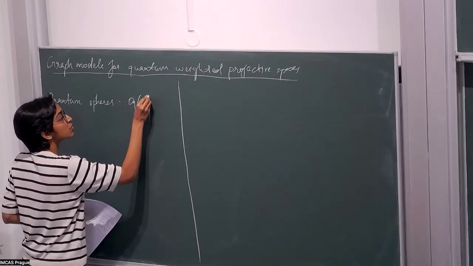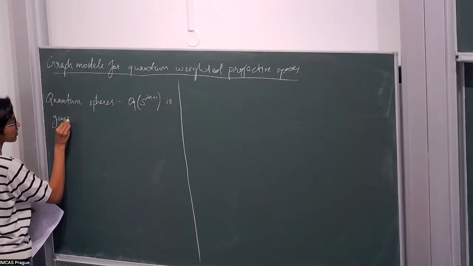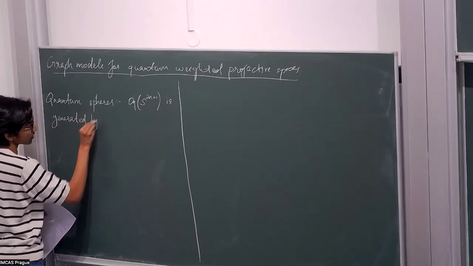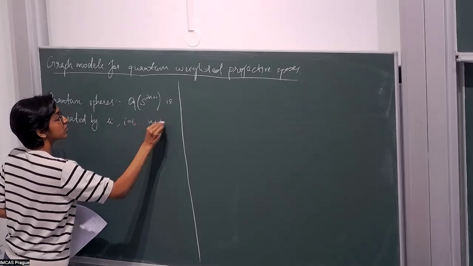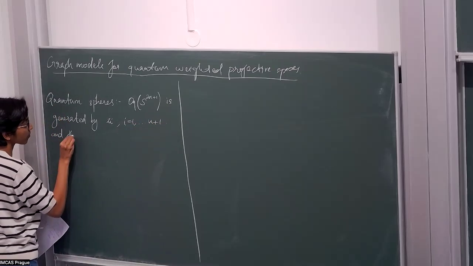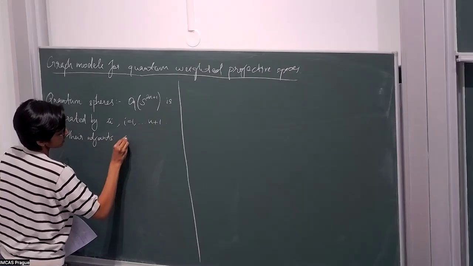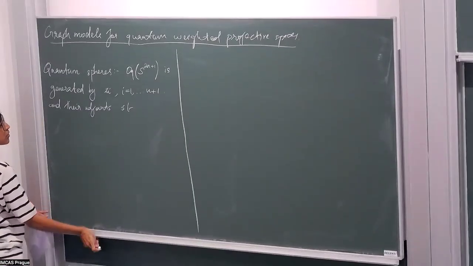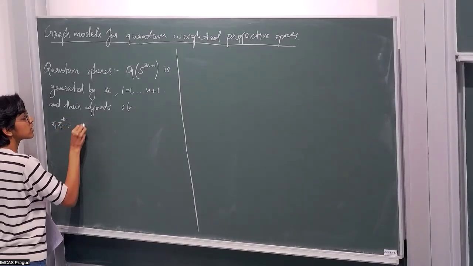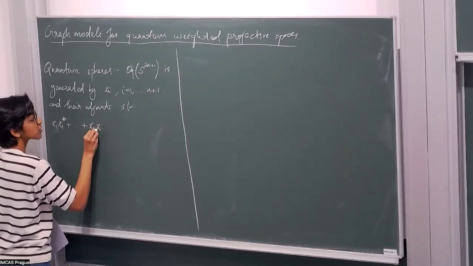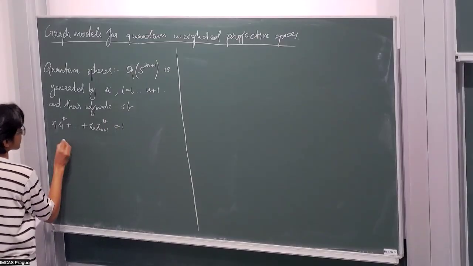Which I would denote by O_q(S^{2n+1}) is generated by z_i, i from 1 to n+1, and their adjoints, such that it satisfies a bunch of relations, including z_1 z_1* plus etc. plus z_{n+1} z_{n+1}* equals 1, and then